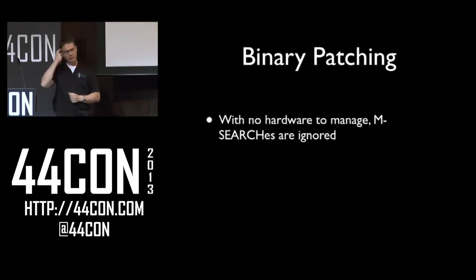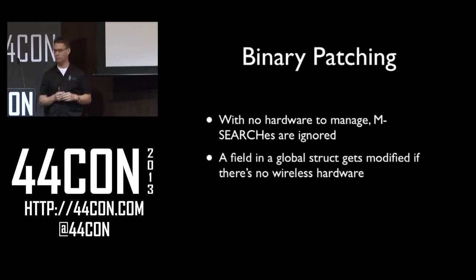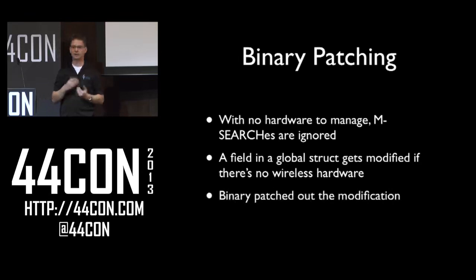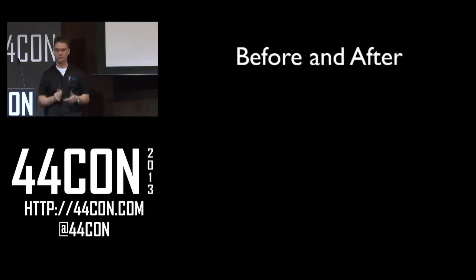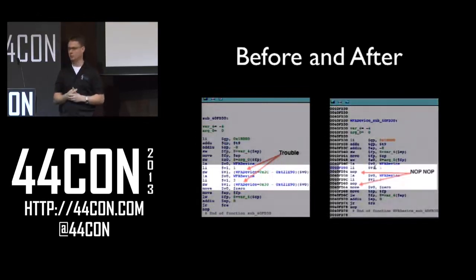So what I basically found after a lot of reverse engineering was that when BCM UPnP has no wireless hardware to manage, it just ignores M-SEARCH requests, all right? So it turns out there's a global structure that has a couple of fields that get modified when the program starts up and doesn't find any hardware. What I ended up doing was basically binary patching out those modifications. I'm not completely clear what this structure does or what values are being set there, but I could tell that if those values got set, then it wasn't going to respond to M-SEARCH requests. So here's a before, and here's an after where I had knocked out where it's storing those values. So with that modification made,